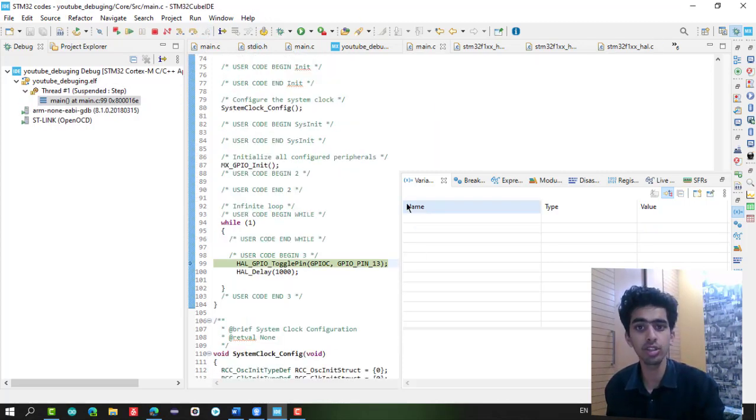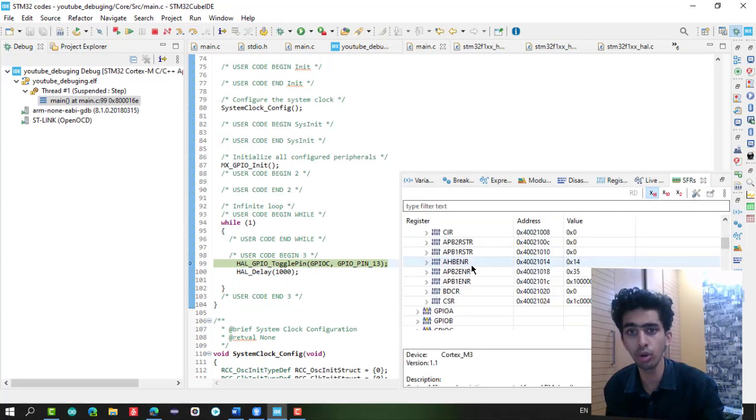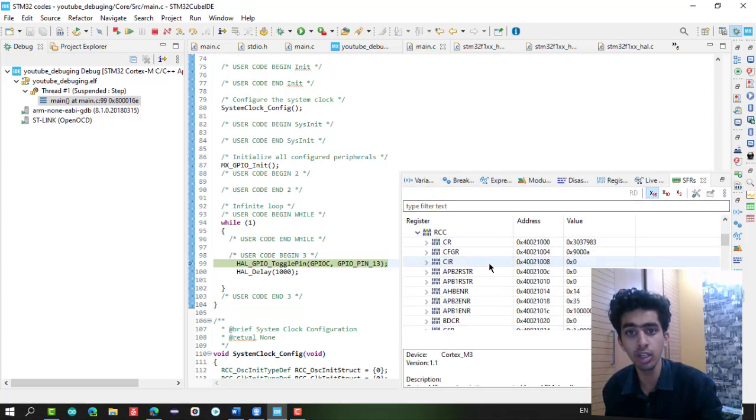So these are the features of step into, step over, and these are very handy when you need to debug your code, when you need to see the variable structure, how variables are changing from function to function, and check these register values. There are many other features which you can examine. Now let's move to the breakpoint.